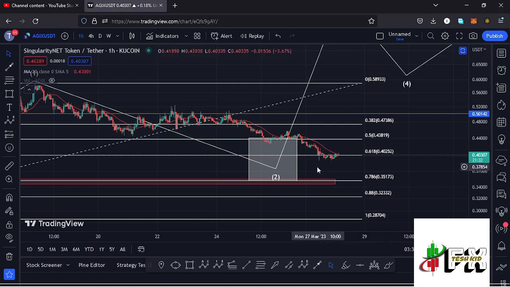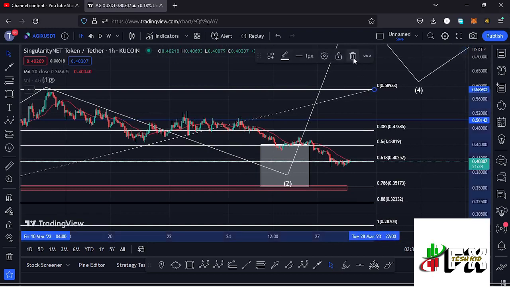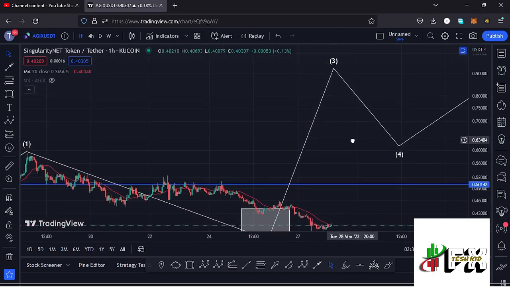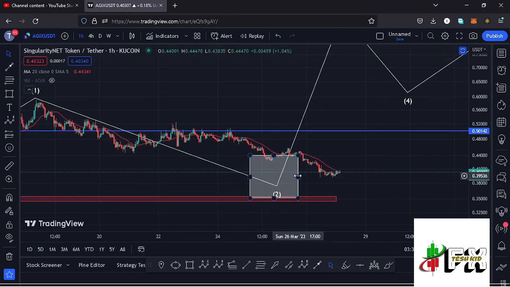$0.35173 mark, and it is within this white target area that I'm now expecting to see the low for this second wave before we can start gearing up to the upper side in the formation of this wave 3 to the upper side. And at the time of this recording, you can see that we have managed to get into the minimum retracement area in the formation of this wave 2 in a move that has now given us a